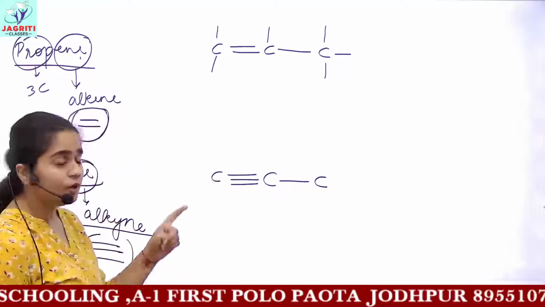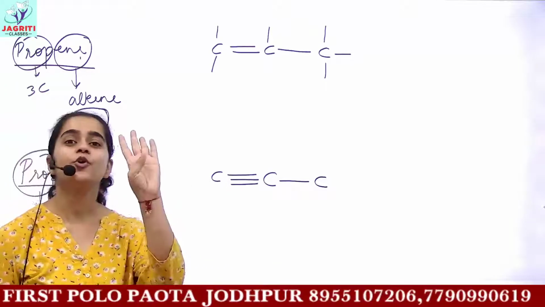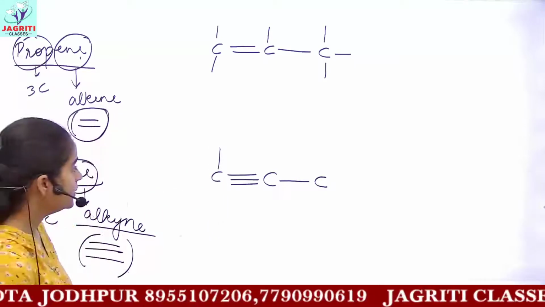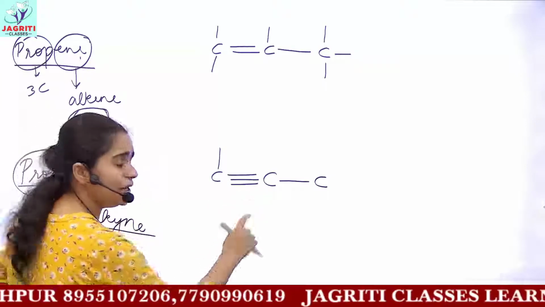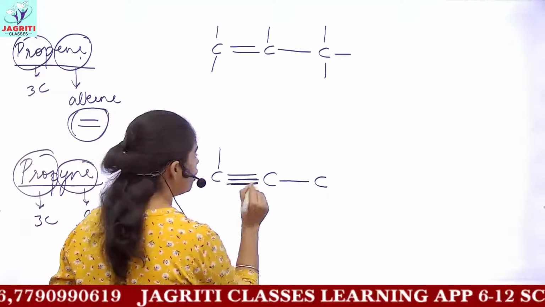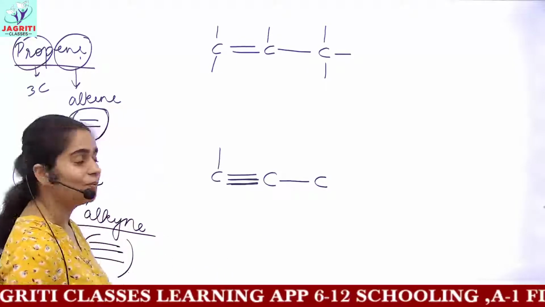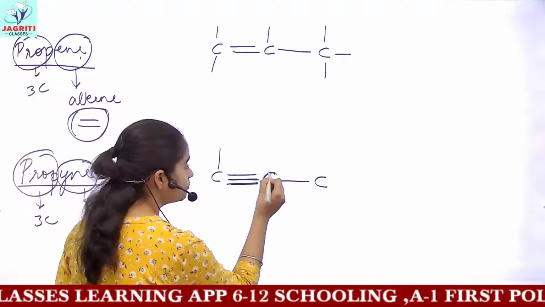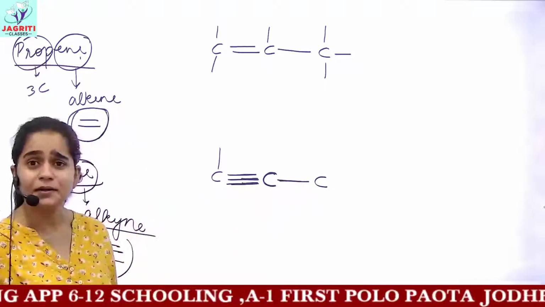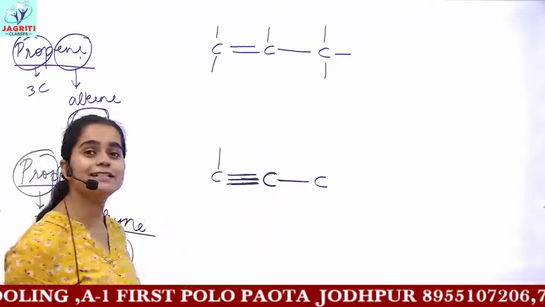Here also, seeing the first carbon, 3 bonds are already present. You have to make 4 bonds with every carbon. 3 are already present, so the remaining one would be made. Now coming on to the next carbon, how many bonds shall I make for this? Please think and answer me, how many bonds shall I make for this second carbon? Correct. No bond is required. Why so? Because for this carbon we have to make 4 bonds. 3 bonds are already present here and 1 bond is already present here. So this has a full valency of 4. So no need to draw any additional valency on this carbon.